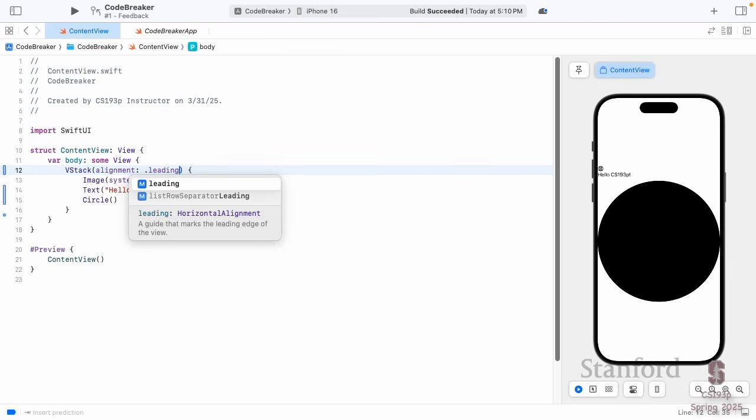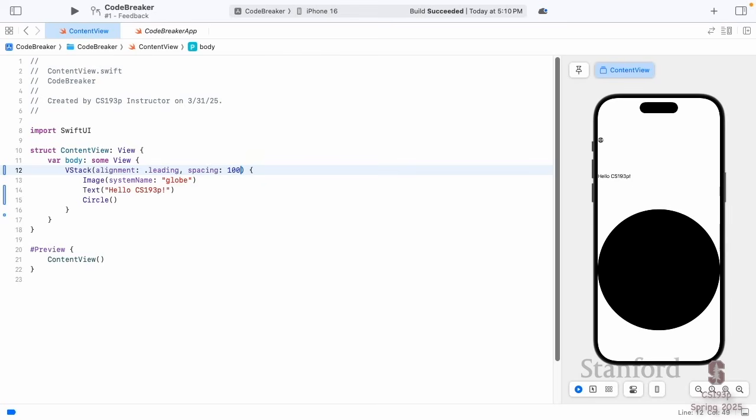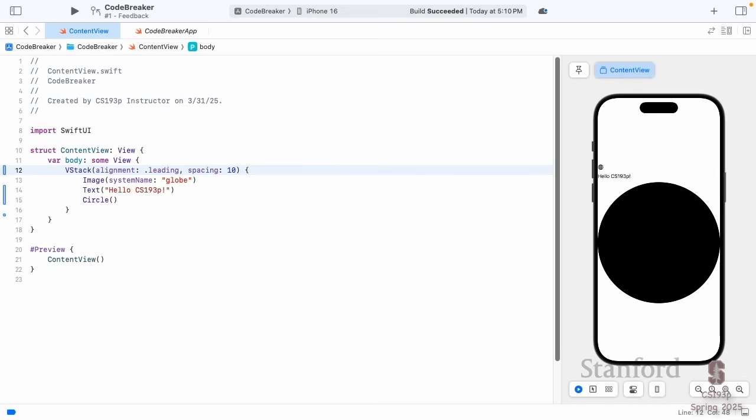All right, the other one was spacing. Let's try 100. See how it spread them out? Let's try 10, close them down, or 1. Really small. And the default there is a surprising default. The default is the right amount of spacing for this platform. So on the Apple Watch, it's probably going to be quite small. But on an iPhone, it's going to be pretty good size. You know, in Vision OS, maybe it depends on the context you're in. It could be quite big. So spacing defaults to the right thing. So you should use the default as much as you can for spacing so you get the right thing most